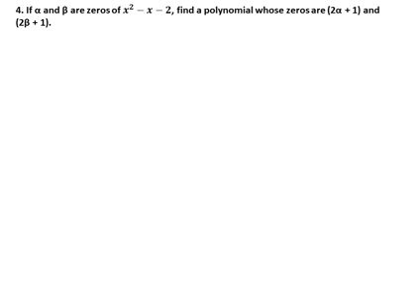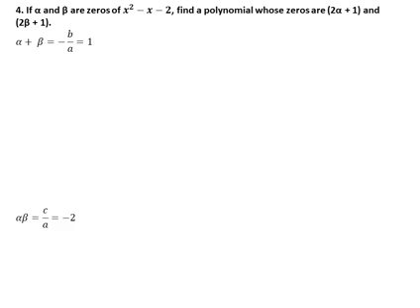So from the given polynomial, we can find alpha plus beta, alpha beta. From there we have to frame the polynomial for the given zeros. First we can find alpha plus beta. So what is the a value here? A value is 1, b value is -1, c value is -2. So alpha plus beta is equal to minus b by a. So b value is -1. So already in the formula 1 minus is there. Minus minus will cancel and 1 by 1 only. Alpha plus beta is equal to 1.